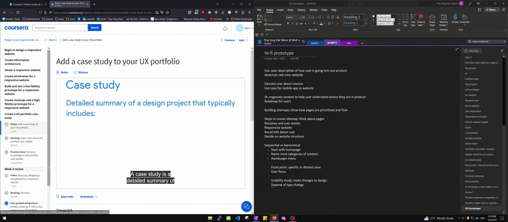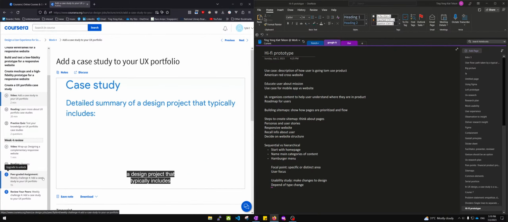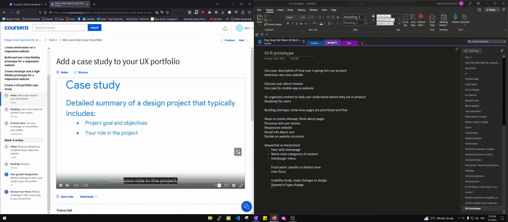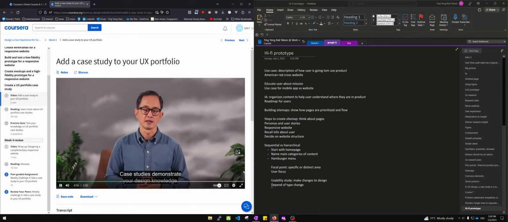A case study is a detailed summary of a design project that typically includes the project goal and objectives, your role in the project, research methods and insights, design process and artifacts, challenges and constraints, the outcome of the project, and lessons learned. Case studies demonstrate your design knowledge, your willingness to collaborate with a team, and your ability to see an idea through from start to finish